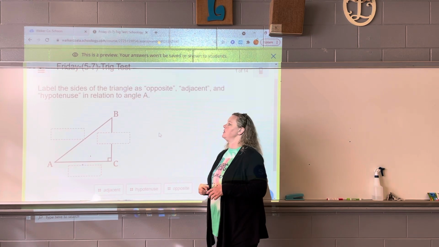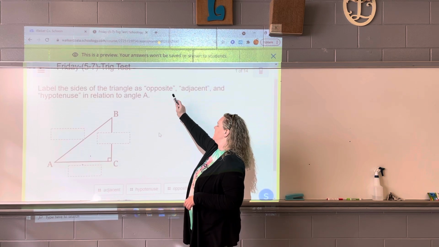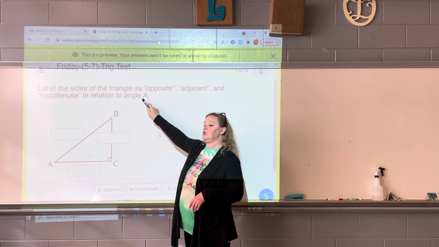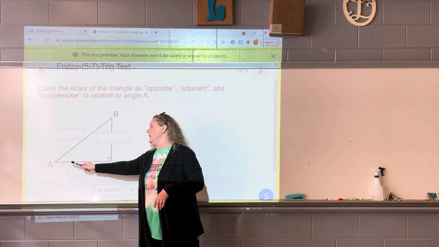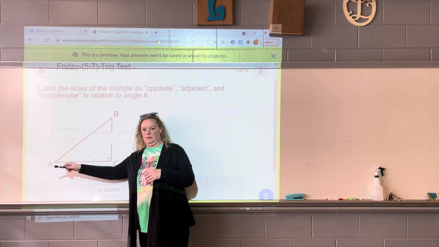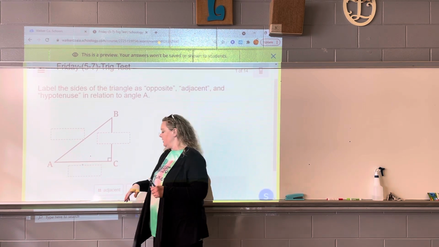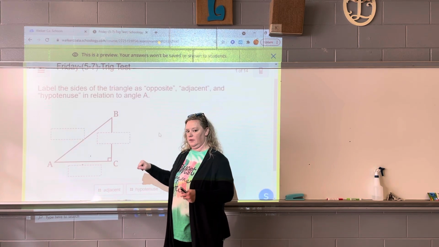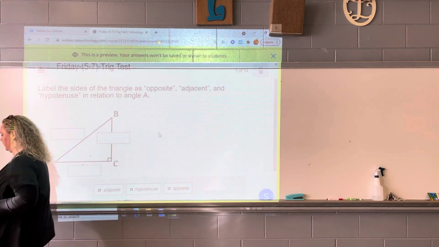The first one here just says, label it as opposite, adjacent, hypotenuse in relation to angle A. So you'll go to A and you'll label opposite of A, adjacent to A, and hypotenuse of the triangle, okay? And it's just the words, it's drag and drop, all right? All right, then the next one is,